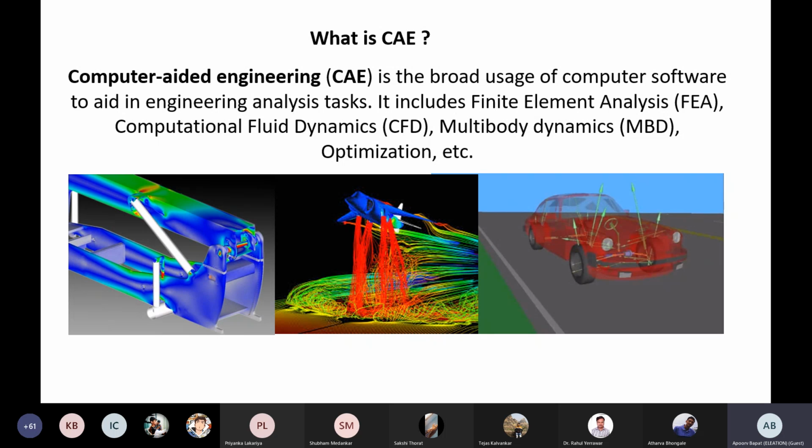In the third generation, people used the computer to get values of reaction forces because of action forces, which is MBD. Now we are in the fourth generation, in which the technology has upgraded so much that a software can tell you from where you have to remove the material, where you have to add the material, what material is best suited for your component. All these answers the software can now tell you.